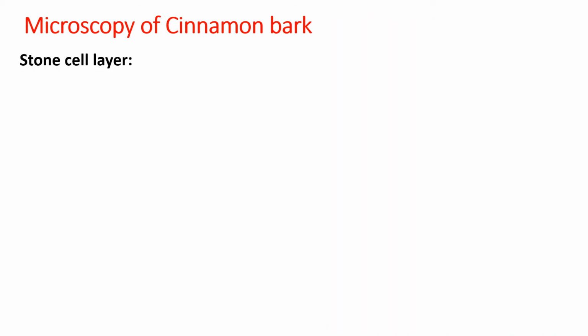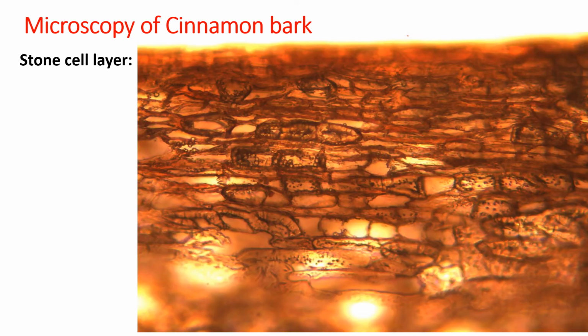Next we'll go into details about the stone cell layer. If you do not stain the section and just take a section, wash it thoroughly with water and then mount it on the slide and observe under the microscope at 40x objective and 10x eyepiece, you will get this kind of view. That means you can see here the stone cells. These are the stone cells. This is the layer of stone cells, but prominently you can see here the stone cells. They appear very similar to a tire tube which has been compressed from all the sides.